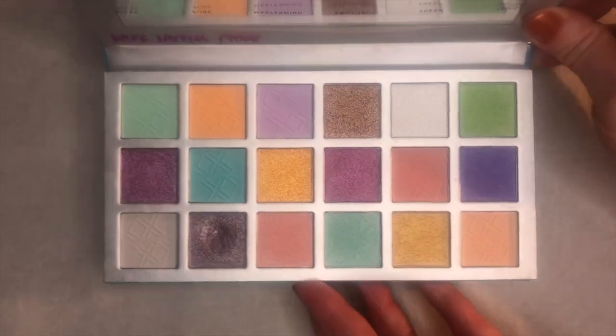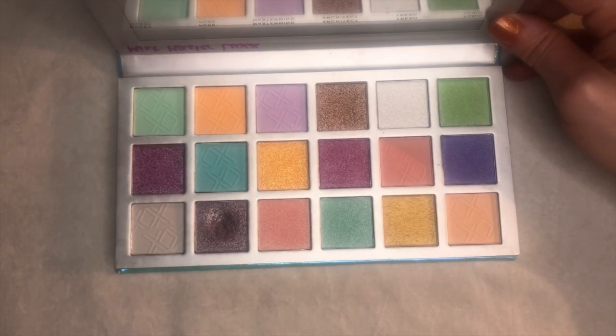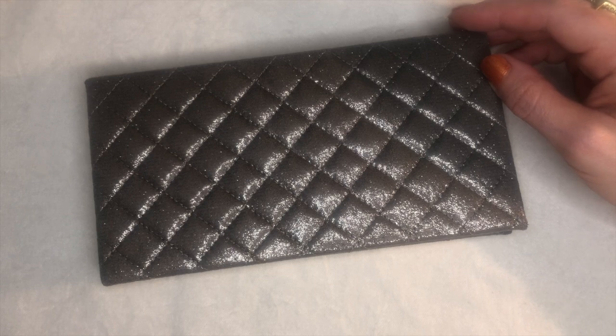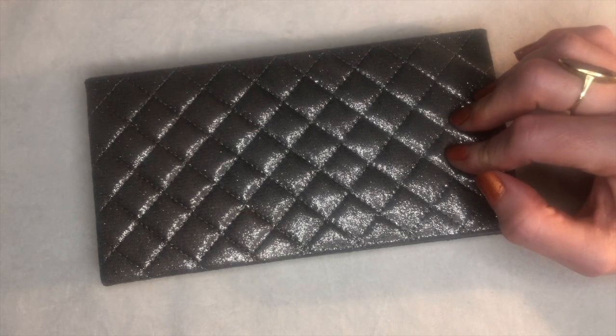I have not used any of the other shadows yet. I'd really like to use this a little bit more. And the final palette from this category is the Revolution Jewel Glow palette. But be warned, mine looks very different because I've taken a ton of these shadows out to franken them with